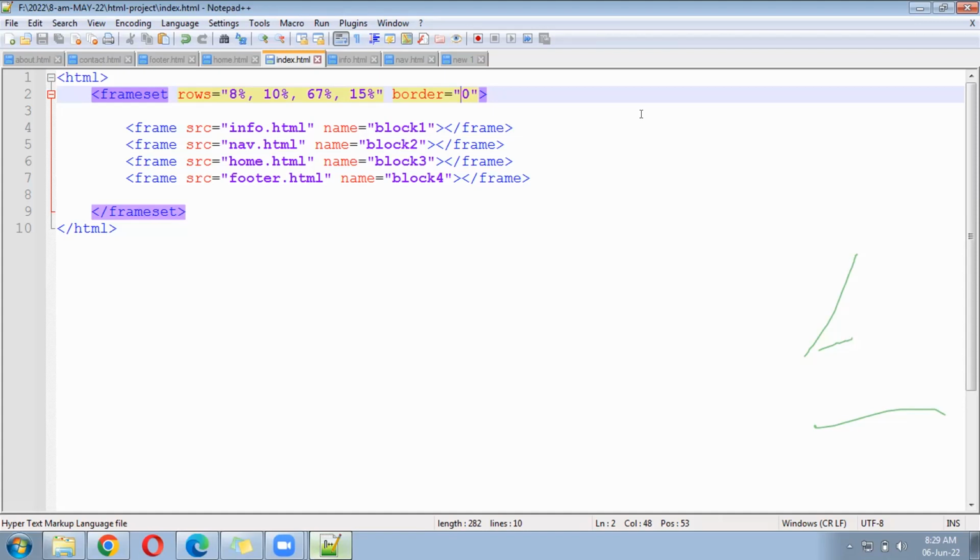All four files are being called, where info will take 8%, nav will take 10%, home will take 67%, and footer will take 15%. Okay, next after that,